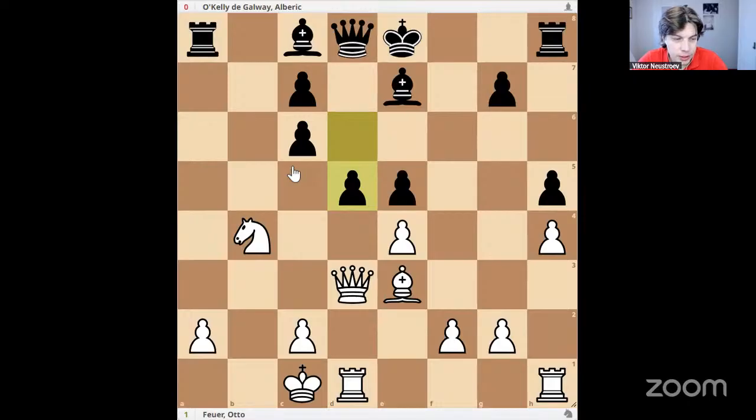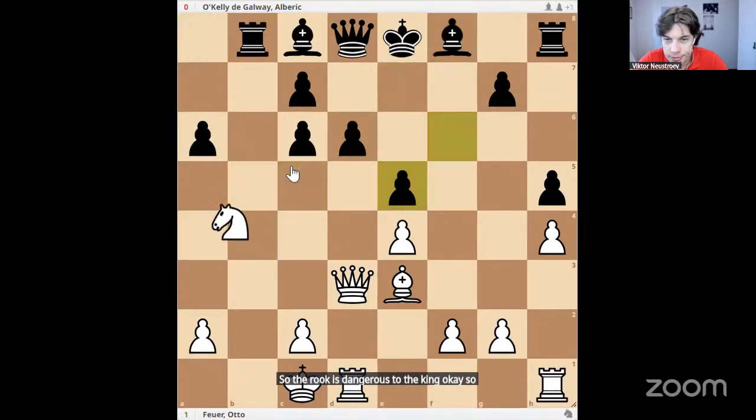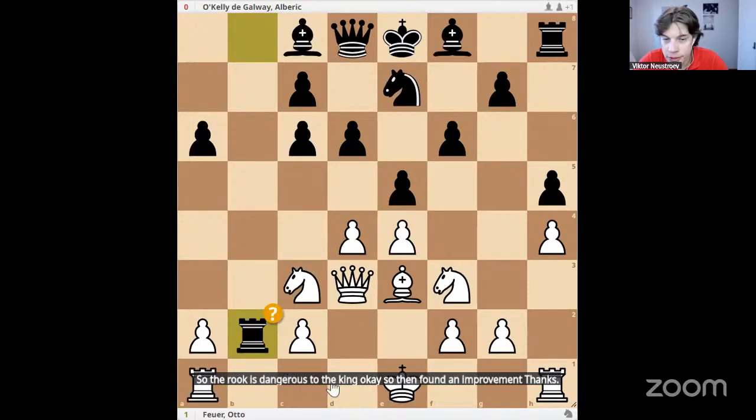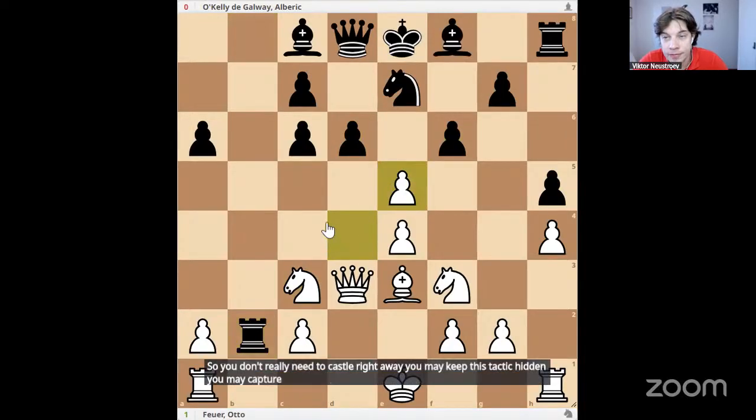So the rook is dangerous to the king. Okay, so then found an improvement. Thanks. So you don't really need to castle right away. You may keep this tactic hidden. You may capture on e5. And if now this move is played,